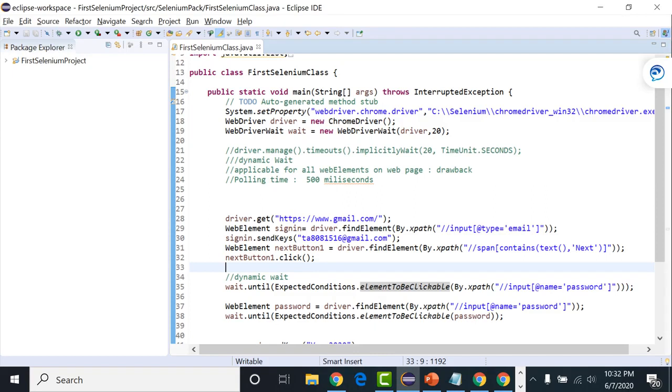That is the synchronization only, right? So this kind of question is generally asked in interviews, and in most of the interviews they definitely ask you about the waits, because that is a very important part, and without applying the wait you can't execute your code. This is always going to throw an exception, because that is the default behavior of the application, that it will take some time to load because of Ajax or JavaScript or whatever.